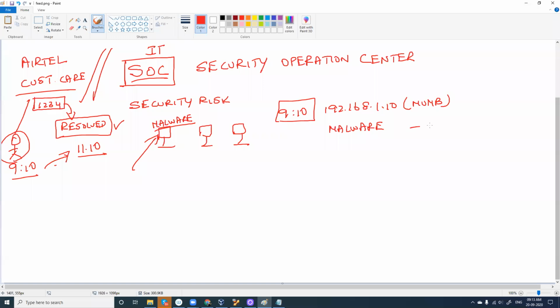Fine. And it has been escalated to level 2, where they are working with malware. The issue has been contained, and if they are not able to solve it, it will be escalated again to level 3. So where all these level 2 and level 3 employees are working, they will be working in the SOC team. Security Operations Center deals with handling the security risk of any company.